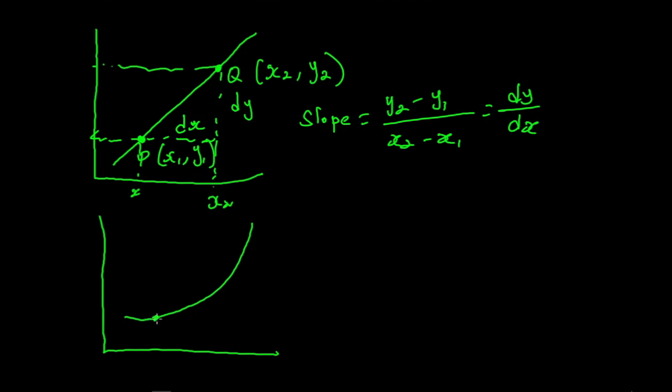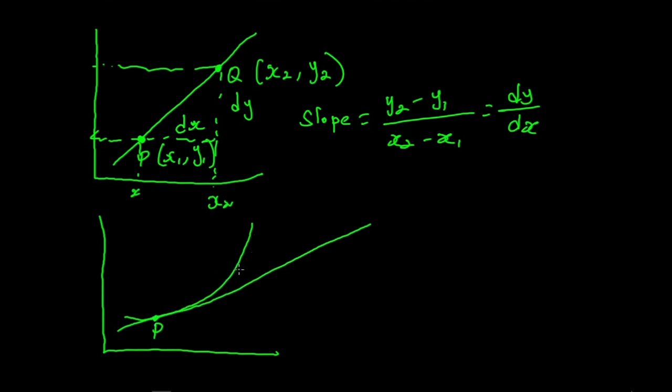Let's say this is point P. To obtain the slope of this curve at point P, we find the tangent to the curve at point P. A tangent is a line that touches the curve at only one point. So this is our tangent to the curve at point P. Now to get the slope of this curve at point P, we find the slope of this tangent. So we can easily pick two points along this tangent